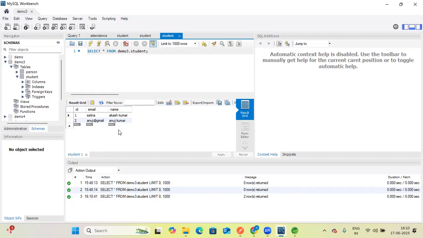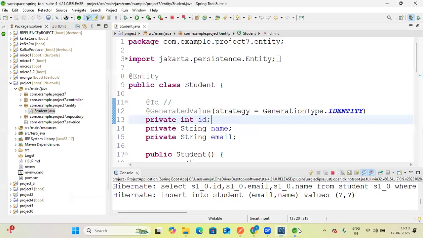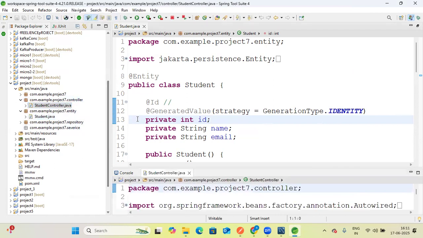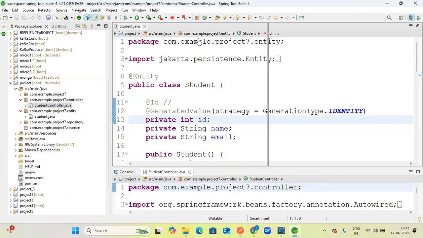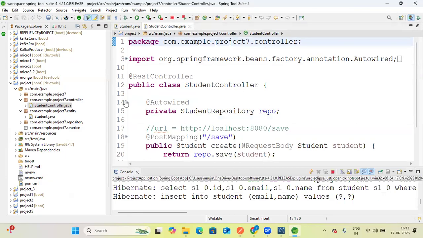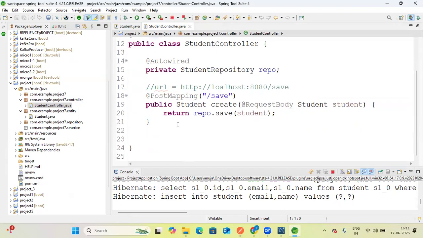So this is the first endpoint we have just created, for the student table. Now go to this controller. Why is it coming down? I want this here. This is a controller. Now we have created the endpoint for posting data. Now I will create an endpoint for getting the records with the help of APIs. And one more thing,